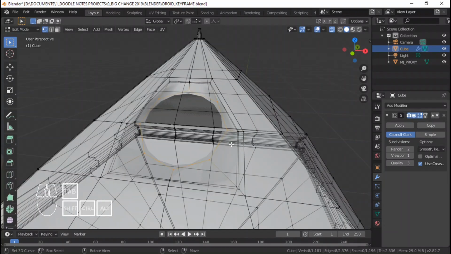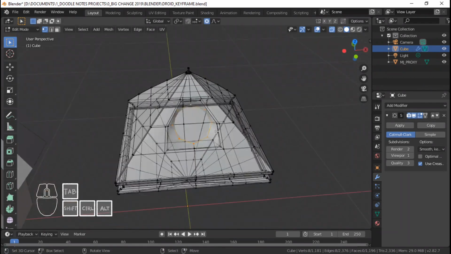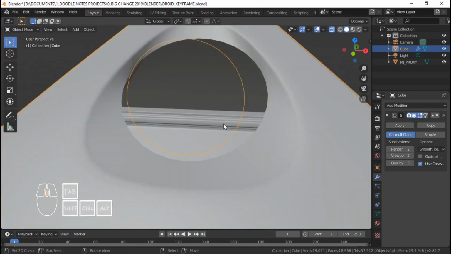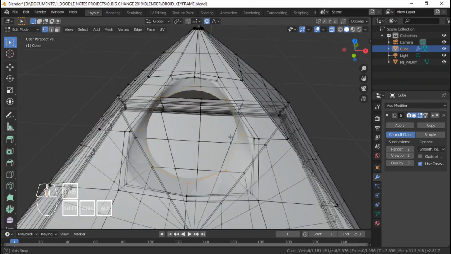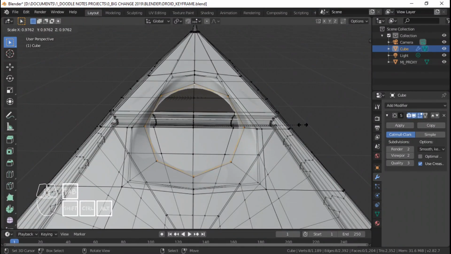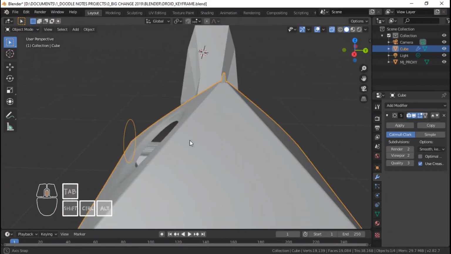And I'm going to turn on proportional editing, bring it back to smooth, and only affect the connected ones. And just scale it some. And let's check how it looks. In subdivision level 2, it looks nice. So I'm satisfied. And then I'm gonna add another one, extrude that, S, scale it down, and then I'm gonna